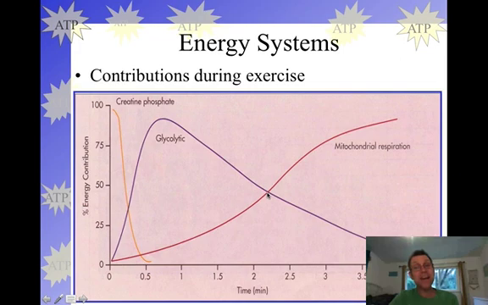Really hard to get up to full steam, but when we start to see efforts that last probably more than 3-4 minutes before we fatigue, then we're starting to see a much more major role in terms of ATP regeneration coming from oxidative metabolism, the Krebs cycle, electron transport chain, probably the breakdown of fats coming in there depending on exercise intensity. So, kind of a cool graph to see how these energy systems interact